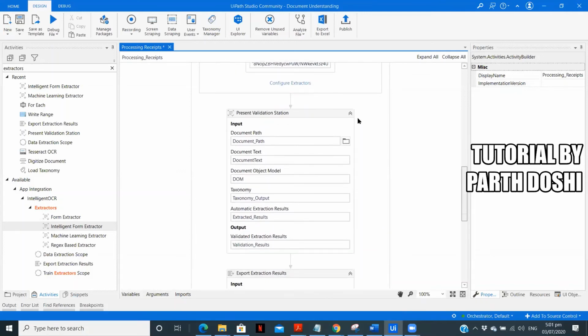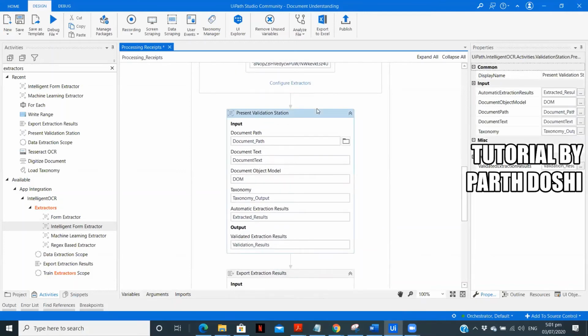Now the next step is present validation. This is not a compulsory step. If you have different PDFs or files to process and you know it will extract all the details perfectly the next time, you can remove it. Also, I've made a video on this, on how we can work without present validation. You can check it in my document understanding playlist on my channel.